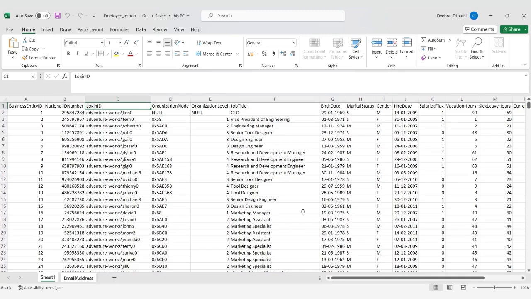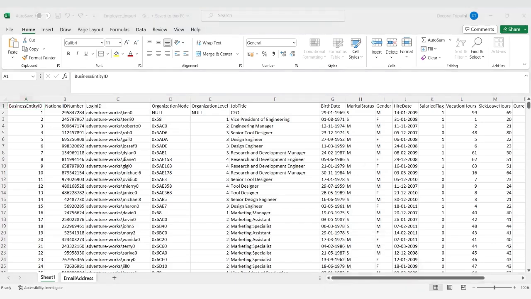In this session we will talk about how to import data in SQL Server. So let's suppose this is the data in Microsoft Excel that we want to import into Microsoft SQL Server. All you need is a Microsoft Excel file, and then you need the Microsoft SQL Server Import and Export Wizard that